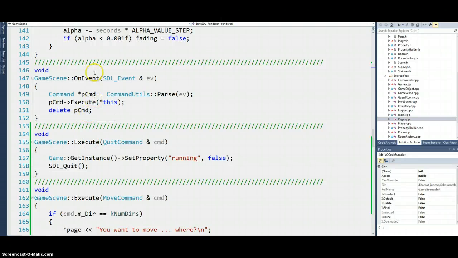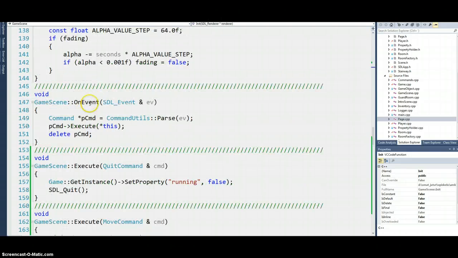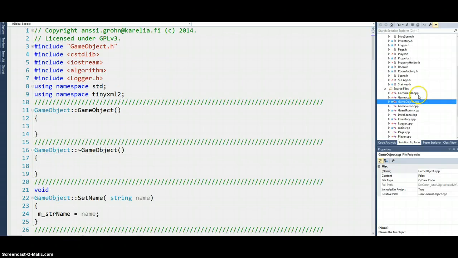Event handling was moved from the game class into this game scene, and it uses commands. I needed to change my own solution for movement. I had a very simple way to move the player character: I added the coordinates in the player's class, and those coordinates were handled.